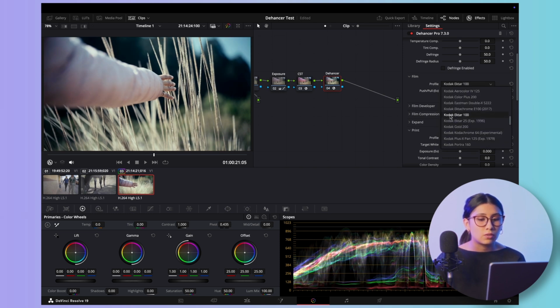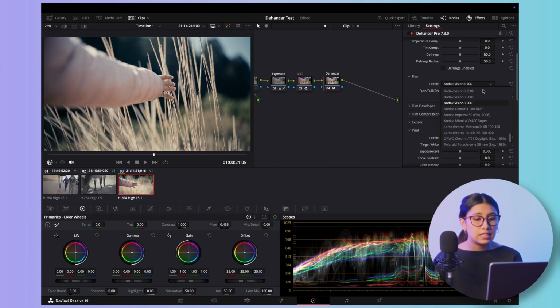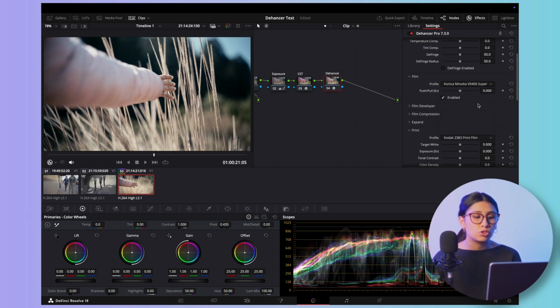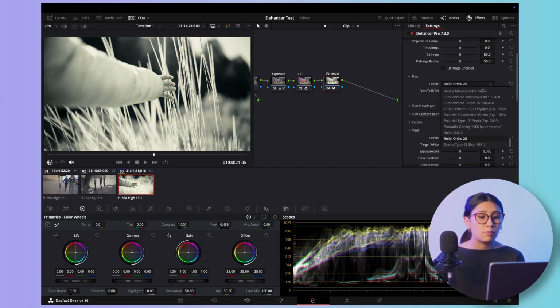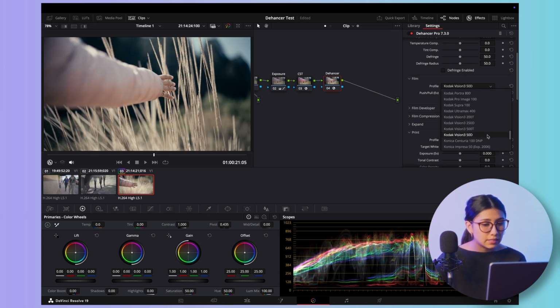I've liked the Kodak Ektar 100. I've liked the Kodak Portra 400. And I've also really liked the Kodak Vision 350D, as well as the Konica Minolta VX400 Super. Obviously, they have many more, and I guess you choose what you want to emulate, but